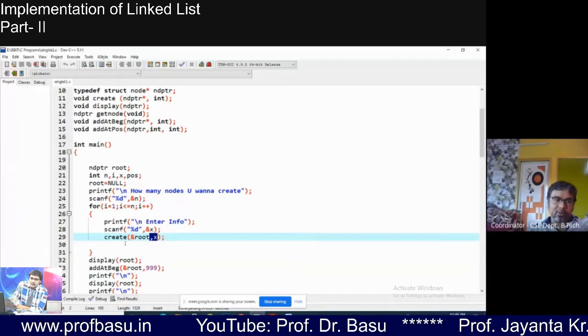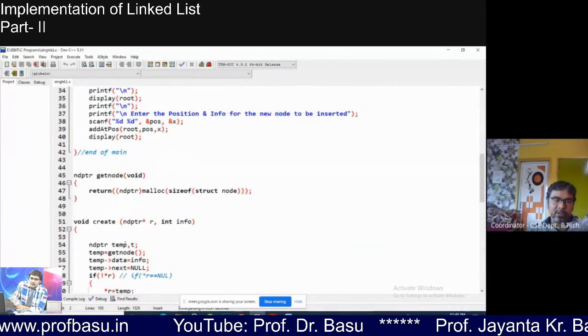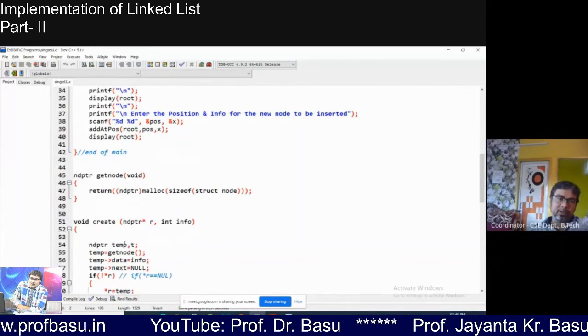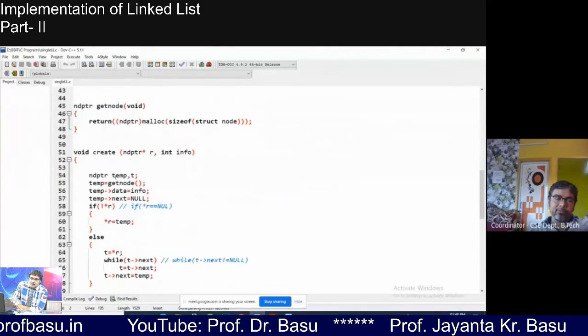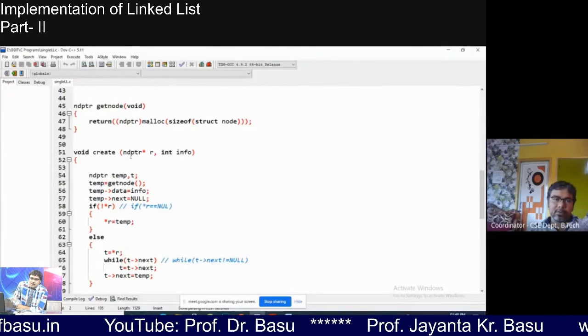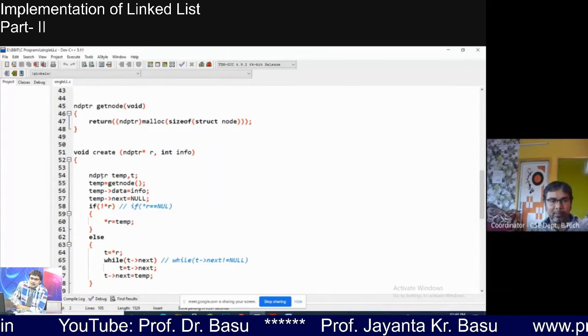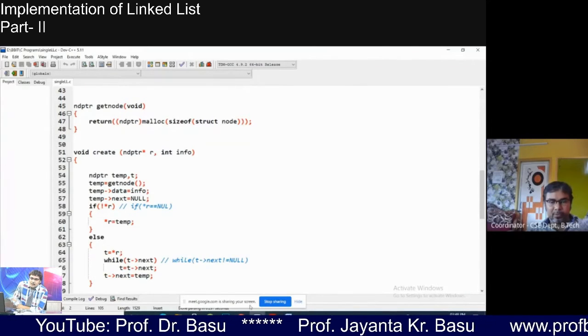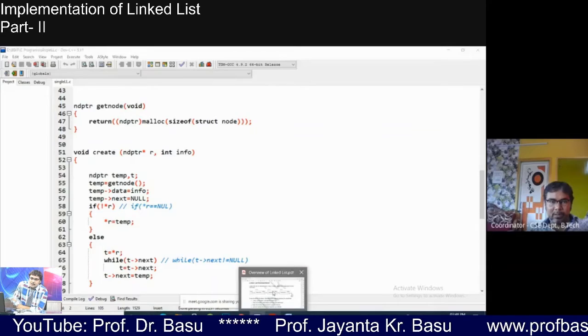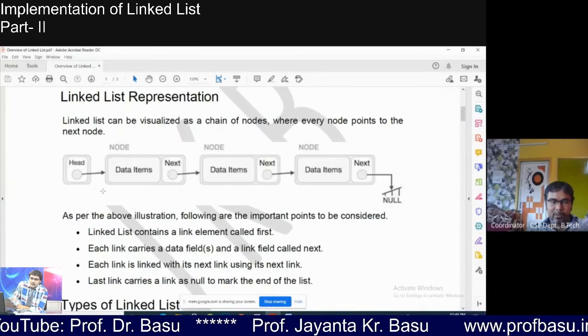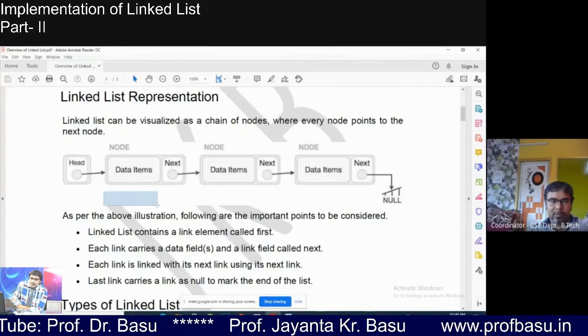So we have to now check the create function, what we have done here. In create function, first we are creating a temporary node. Let's say this is a temporary node.